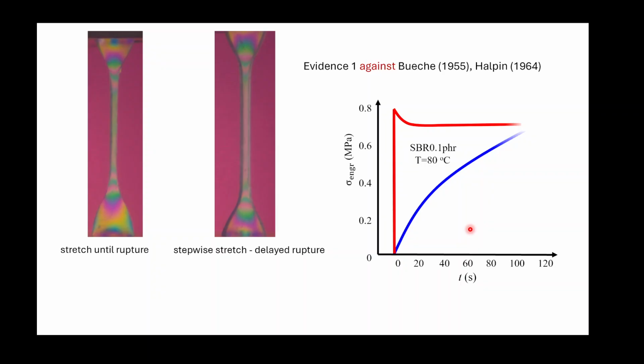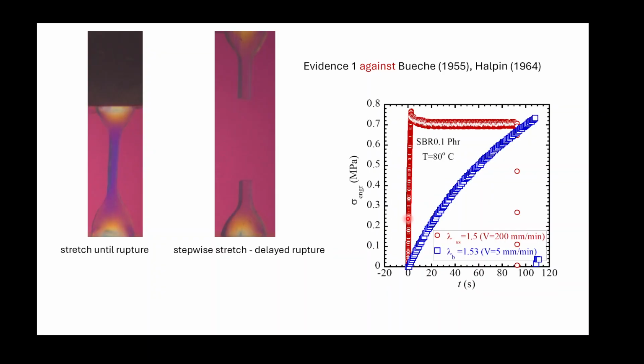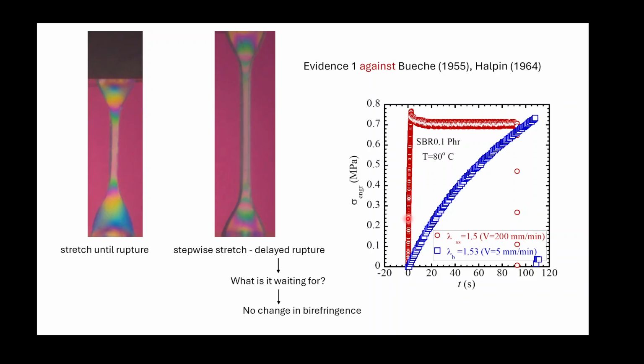I wish I had let that movie loop to play. So basically, in the step strain, what they're waiting for, there's no change. There's no change in birefringence. Your polymer instantly, because it's a strain-controlled experiment, its chain reaches the strain right away. They are waiting for what, right? Similarly, in a